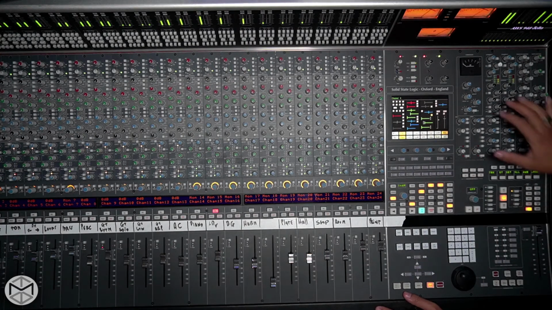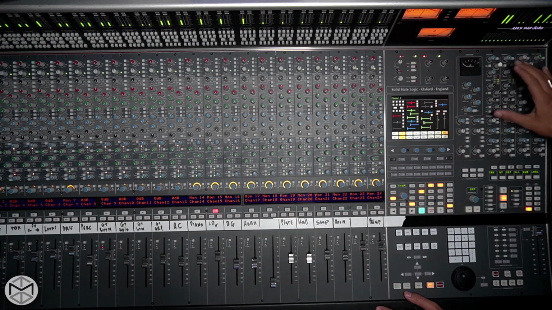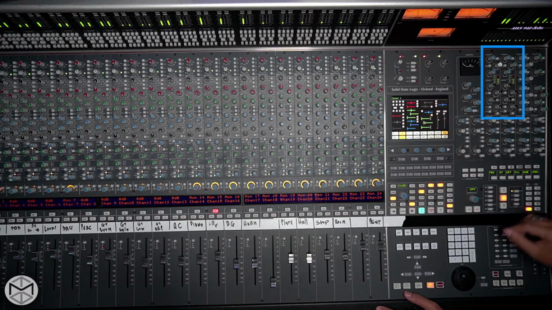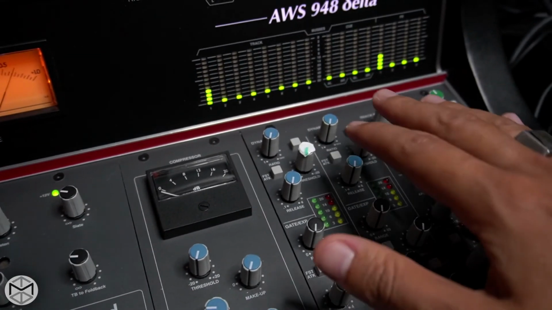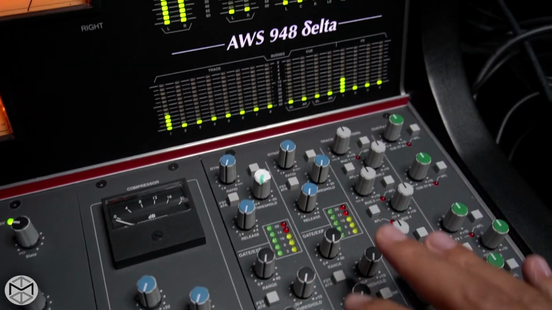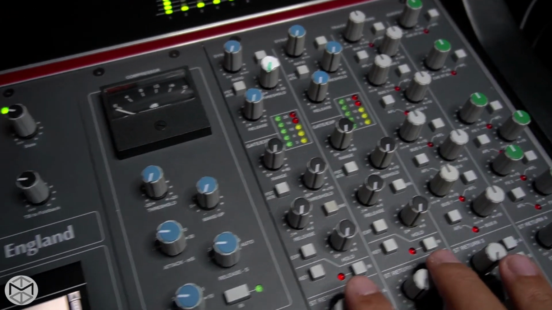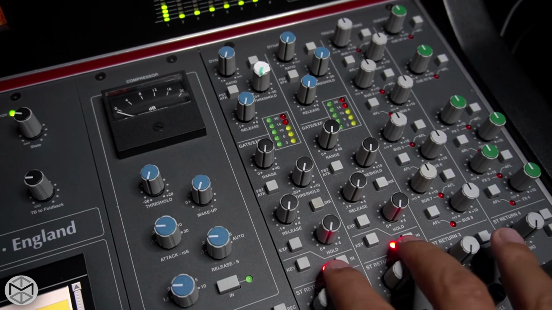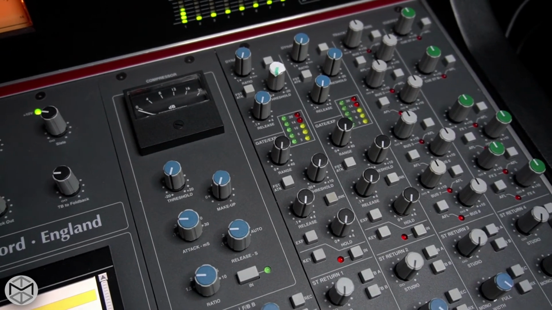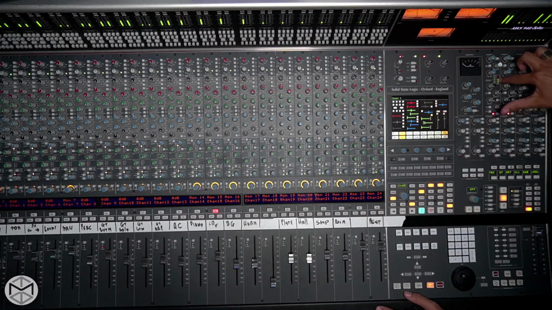Right next to our mix bus, we have our two distinct, discrete dynamics that could be engaged by pressing the in button. Top to bottom, we have our compressor, which features fast attack when the button is in, slow attack when the button's out, threshold, ratio, and release time. The yellow-red LED is the LED that belongs to the compressor, whereas the green one belongs to our gate or expander,